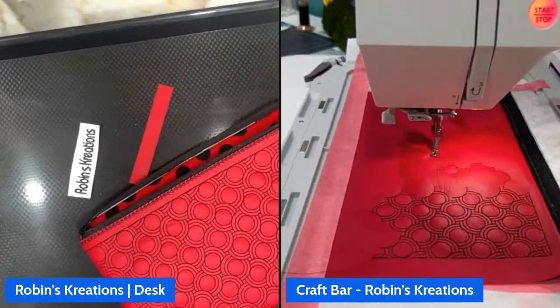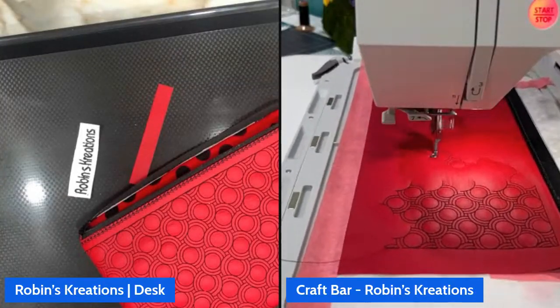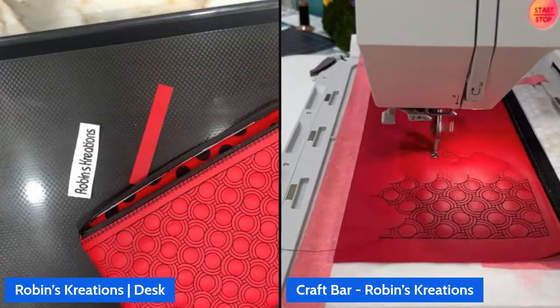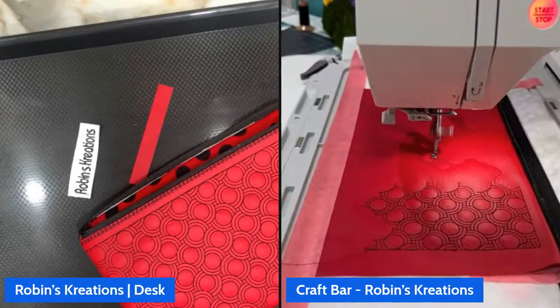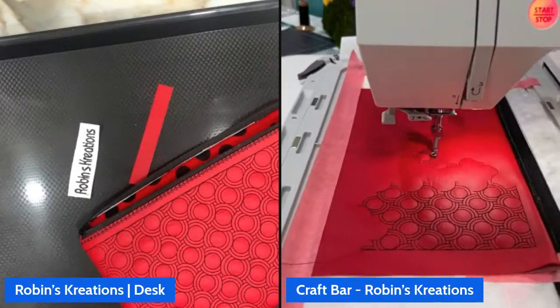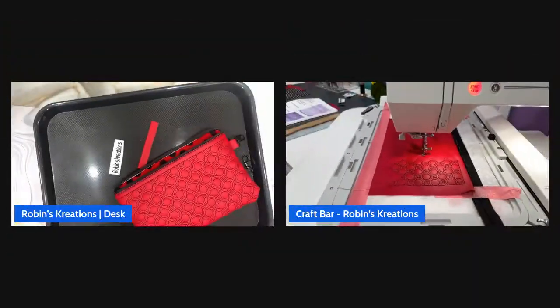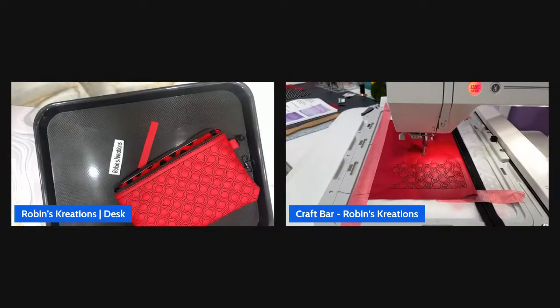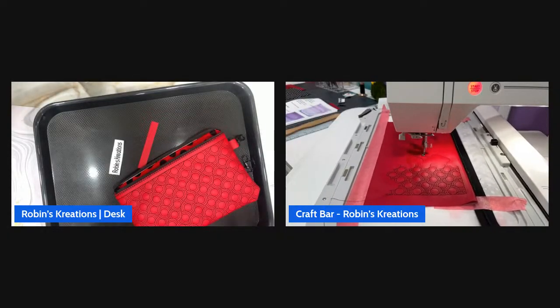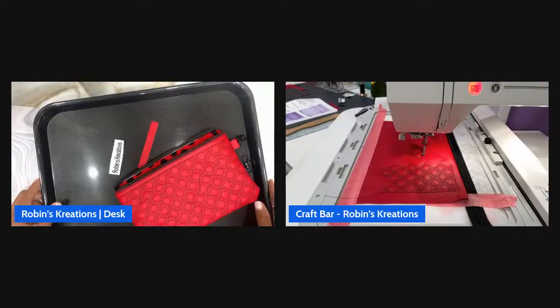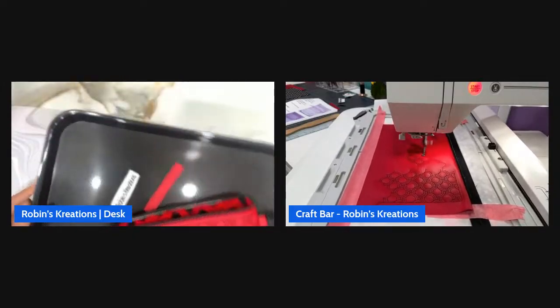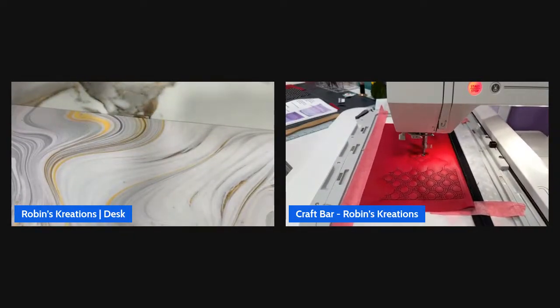When I hear my machine kind of on that struggle bus, I get a little concerned. I keep turning around. I can see it, but you get a chance to learn your machine. So I am going to take the pouch off. And what I'm going to do here is brush in